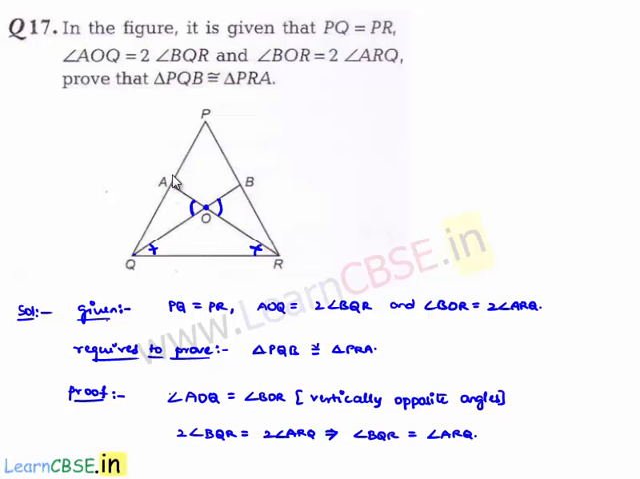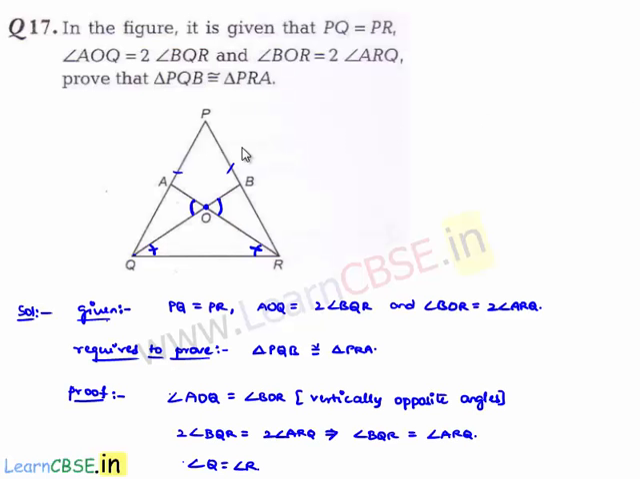As it is given that PQ is equal to PR in the whole triangle, we know that in a triangle the angles opposite to equal sides are equal. We can say that angle Q is equal to angle R in this triangle, but we can write angle Q as angle AQB or angle PQB